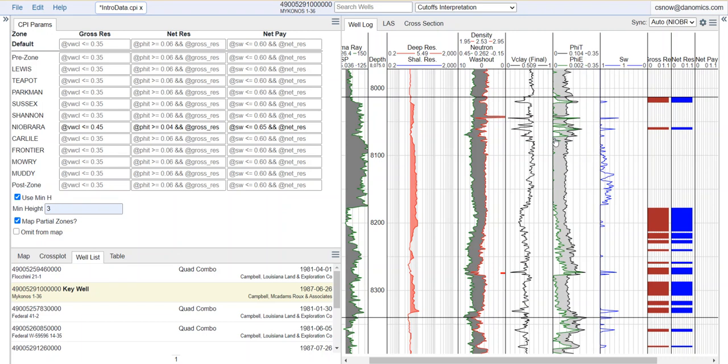But at the end of the day, you need to listen to what the real ground truth is, and that real ground truth is production. So, if you told me that you drilled this well and you went in and fracked this interval and it didn't flow, I would say we need to adjust our criteria to get rid of this net reservoir flag. If you came in and you told me that it flowed all water, I'd say, maybe we did a pretty good job. If you told me that it flowed commercial quantities of oil and gas, I would say, well, we need to revisit our saturation model and update that accordingly so that we can put some net pay into this